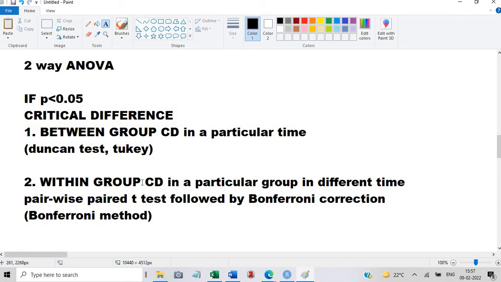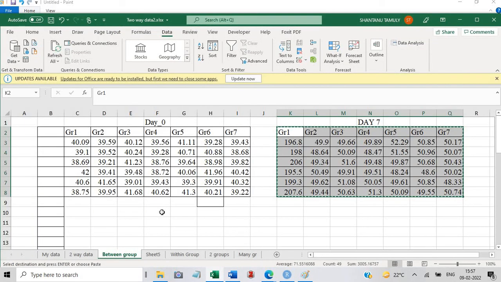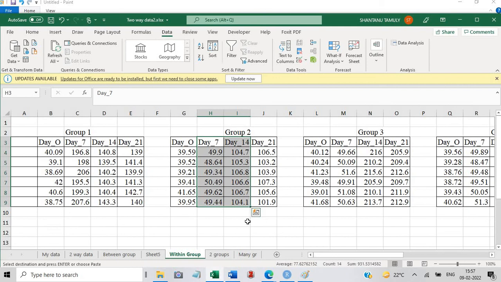For within group variation, we will have to arrange our data in this way. This is group 1: day 0, day 7, day 14, day 21. Group 2: day 0, day 7, day 14, day 21. This way I have arranged it. Group 3 like this.